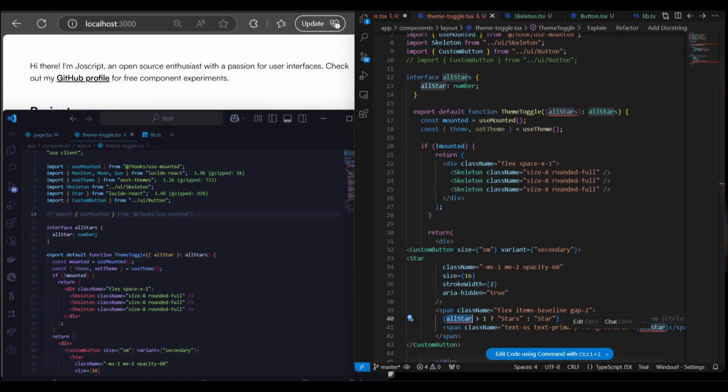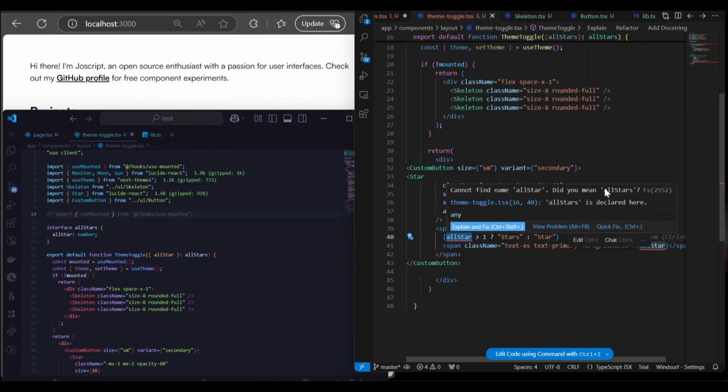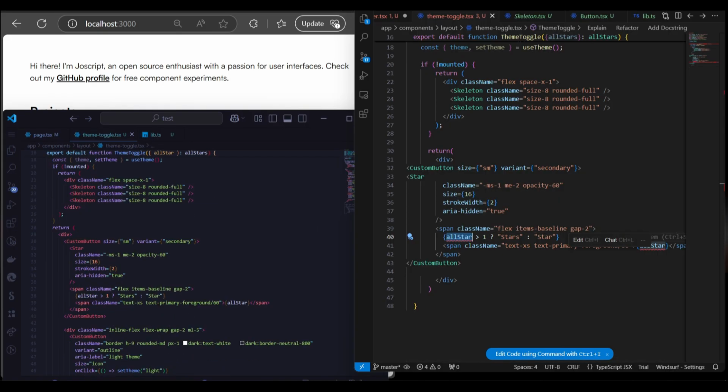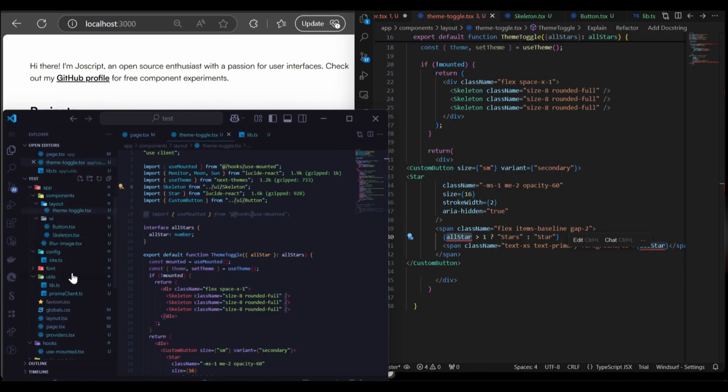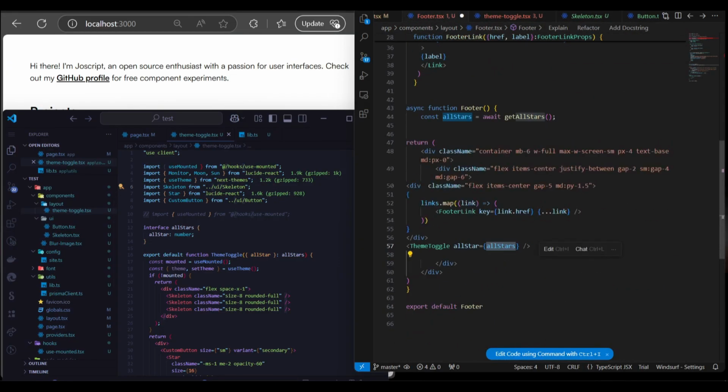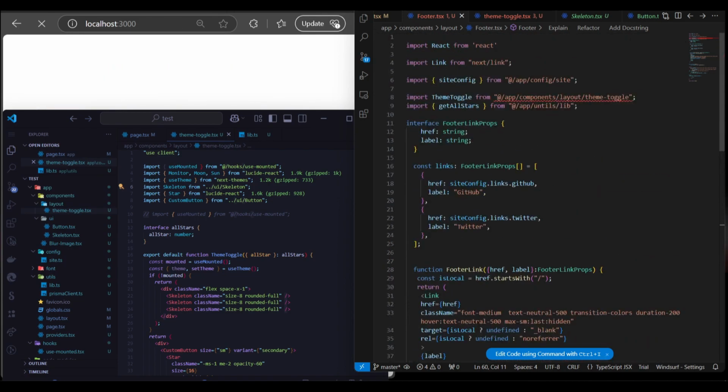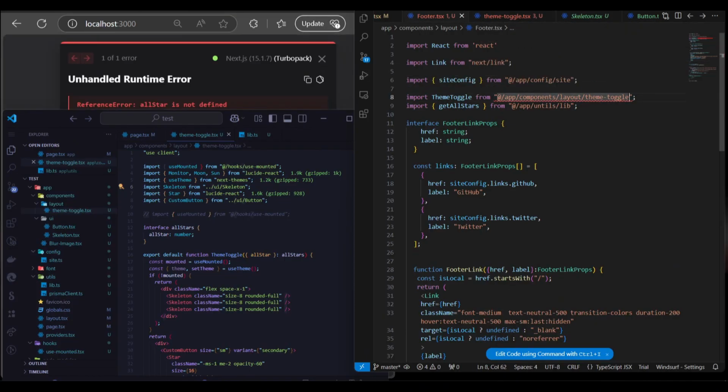So why is this complaining? It is complaining because it is not recognized. Did you mean allStars? It couldn't find the name allStars, so it's not finding this name allStars. And exactly what we did, because we need to pass it as props from the footer. So if we go back to the footer right here, why is it complaining? Theme toggle. Okay, so the theme toggle right now is not working, so we need to import theme toggle from